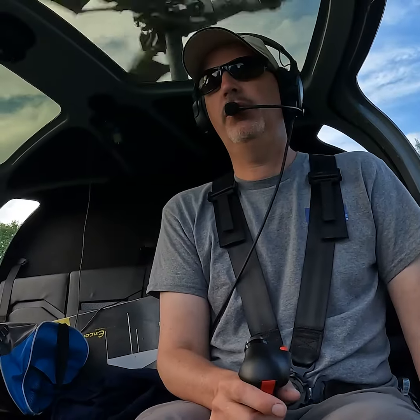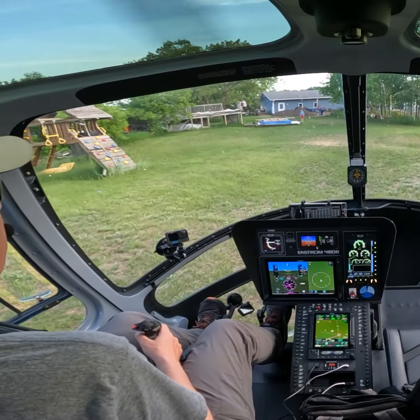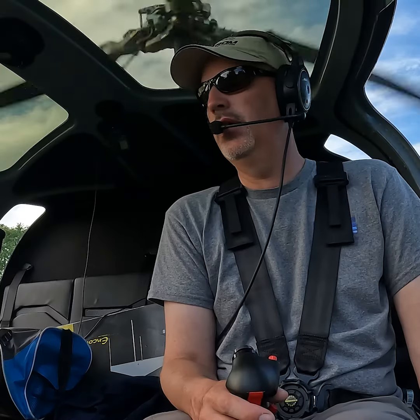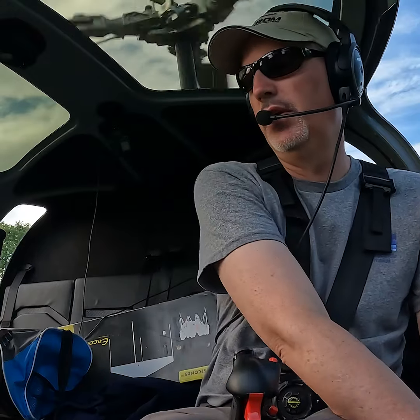And we set the helicopter down very, very gently, and I'm going to very slowly lower that collective just to make sure that I am in a level spot and my tail rotor's not going to dip back. And it feels like we're in a pretty level spot here, so we can go ahead and lower the collective